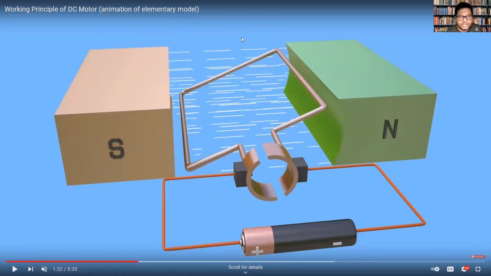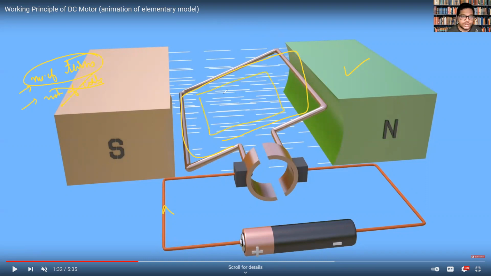Now these rotations can be made faster. How can you increase the speed of rotation? By increasing the current flowing in this. Okay, you can increase the strength of the magnetic field. You can increase the number of turns over here. Okay, so remember this, increase the number of turns and not the number of coils. So either increase the strength of the current inside this, or increase the number of turns in the coil, or increase the strength of the magnetic field.